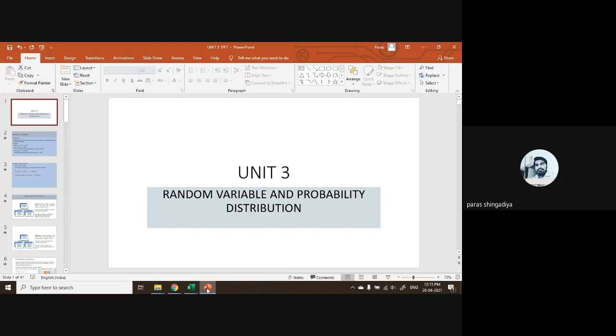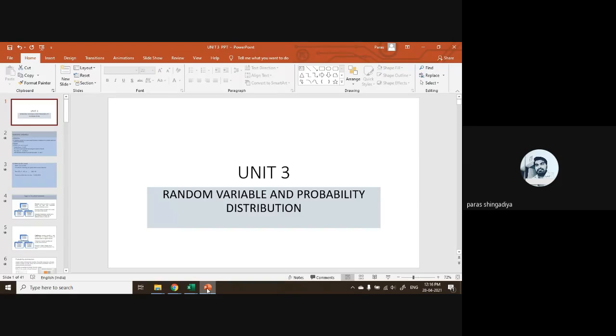There are some more examples given in the assignment, so all of you complete assignment 4. I think 7 to 8 examples are there in assignment 4. 3 to 4 examples are for correlation, and 2 to 3 examples are for the regression concept. Clear? So practice it and complete the assignment. Today I created one more link for assignment 4 in Google Classroom, so complete it before the due date and then submit.